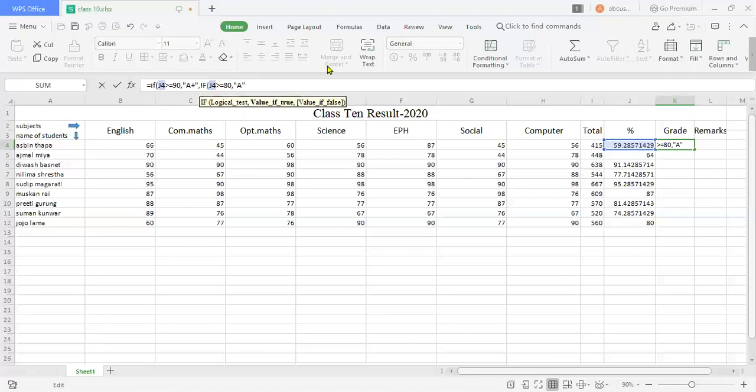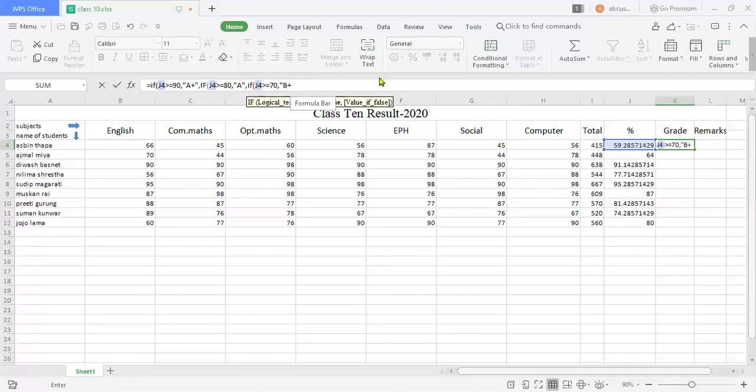And comma, and the next condition, if again the percentage, represented by J4, is greater than or equal to 70 and below 80, then we have to show the grade B plus.